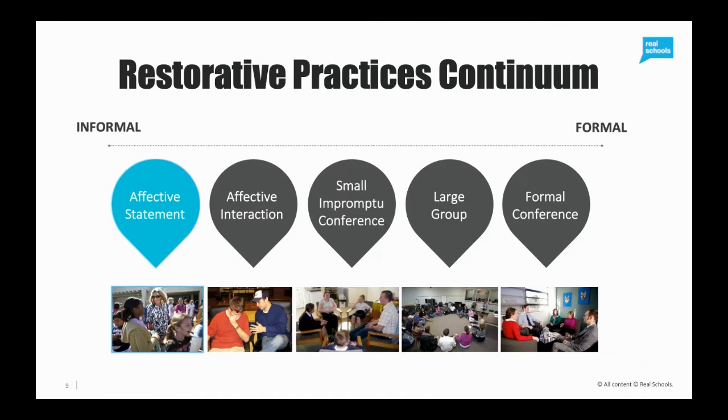So basically this is the restorative practices continuum where we move from informal to formal. And what we acknowledge in restorative practices is that we're going to move from informal, where frequency is high. So this is for the stuff that happens every single day with outrageous regularity, the stuff that you have to deal with as a teacher hundreds of times a day, all the way to the formal, which is when something really serious happens, and we've got to deal with it. So what's that all about?